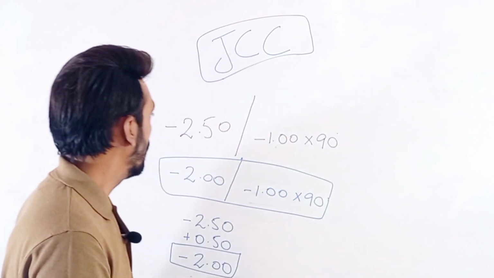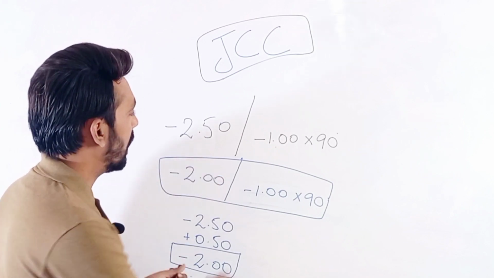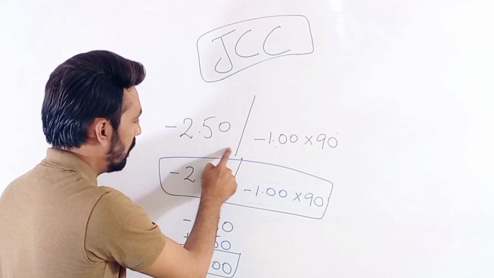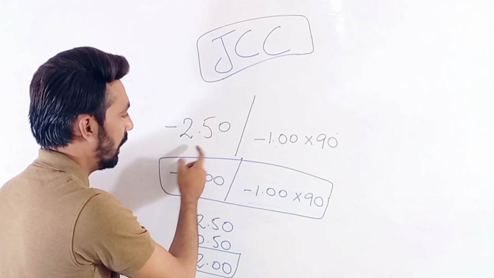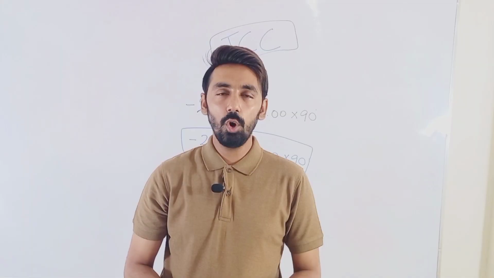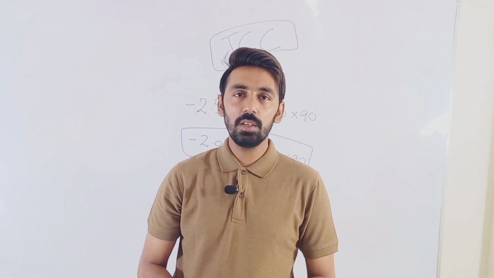So that's why, if the minus cylinder is increasing, we have to reduce the negativity of the spherical correction, so we can maintain the Sturm's conoid. Hope this is clear. In the next videos, we will discuss some more information.